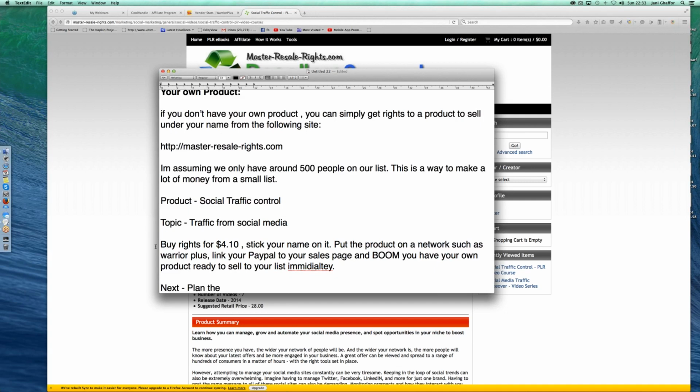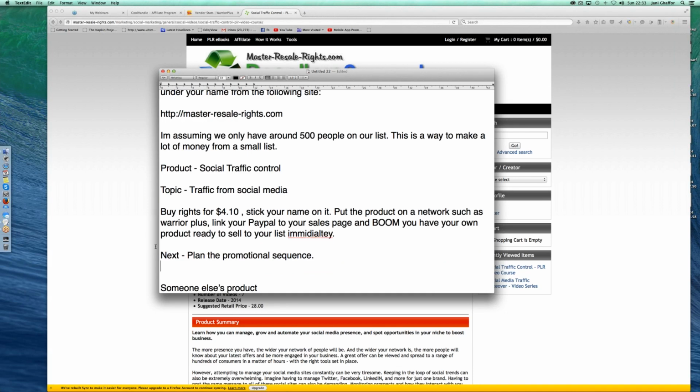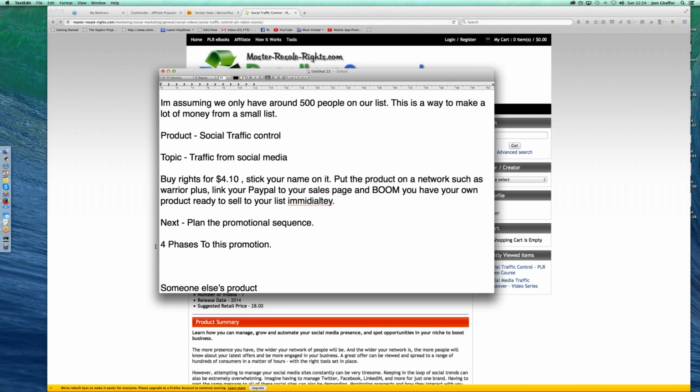Next, plan the promotional sequence. There are basically 4 phases to this promotion. This is basically some stuff that I learned from Frank Kern's training, and it's absolutely amazing. So the first part is, I think it's called